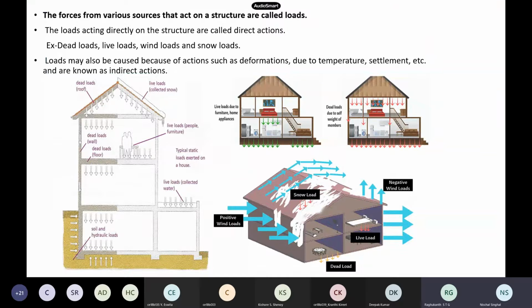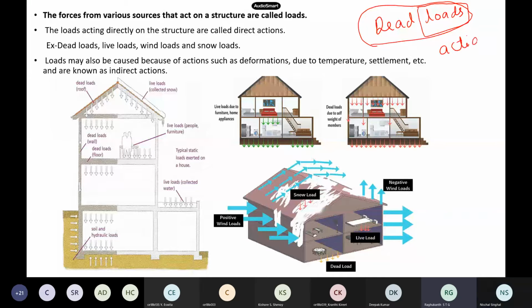Now coming to dead loads, how to calculate them. Here is one more important thing. Nowadays, if you see our IS 800 or all the Euro codes, they are replacing the word load. They are not calling it a load, they call it an action. In our IS 800 also you have actions. We replace loads with actions: dead action, wind action, earthquake action. Like that, they have been mentioned as actions in the code, not as loads.